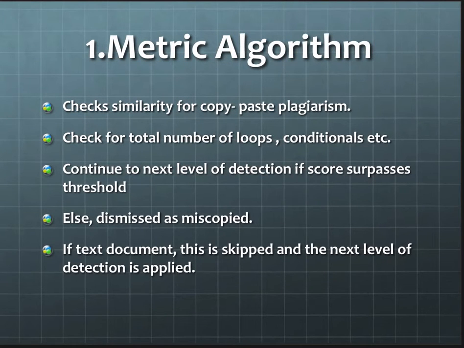The basic level is the metric algorithm. It's a simple algorithm that checks for similarity of source code for copy-paste plagiarism. In this one, we check for the total number of loops and conditionals. If the score obtained from this algorithm is above a particular threshold, we continue to the next level of plagiarism detection. Otherwise, we can be sure that the files are miscopied, and hence the detection is stopped at this level. If the file in consideration is a text document, this step is skipped and we move on to the next